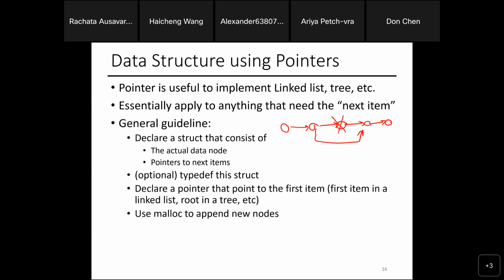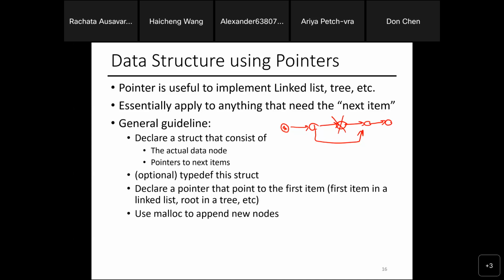So the way I would build a linked list, I need two things. What's the data that you are actually storing? Let's say it's a list of integers. First of all, you need to store an integer. Then you also need to store where my next item is.